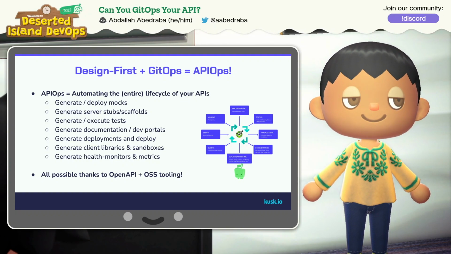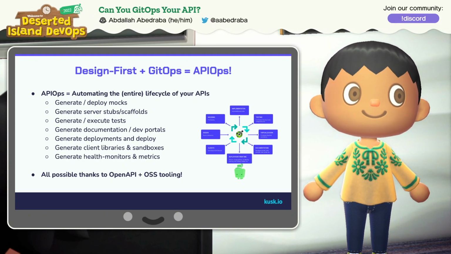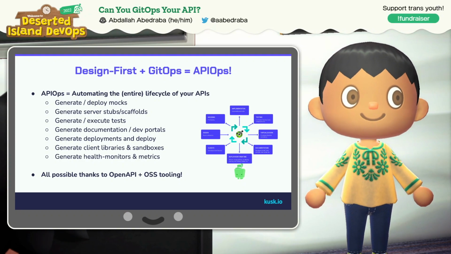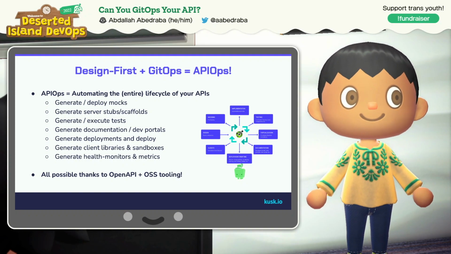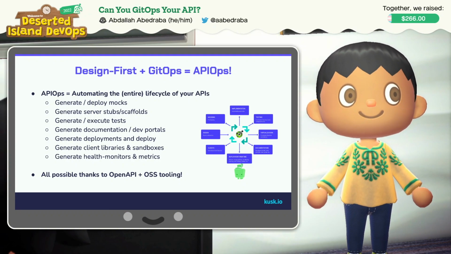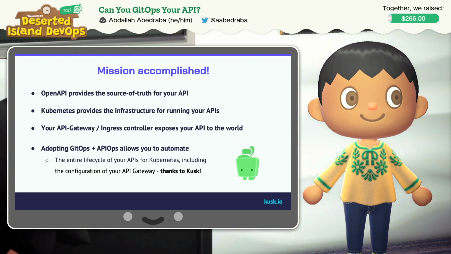You can generate mocks, you can generate server stubs, like the boilerplate code that we talked about, you can generate the tests, execute them, generate documentation, and this all comes for free just when you're using OpenAPI in this approach. And all that is really thanks to OpenAPI and the open source tooling that is out there and the ecosystem that's behind it.